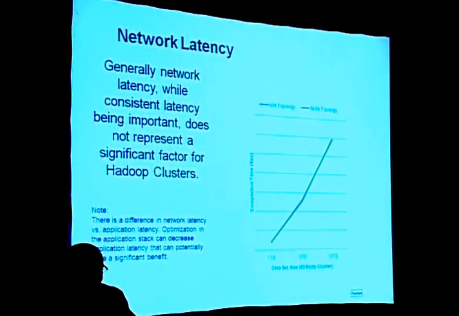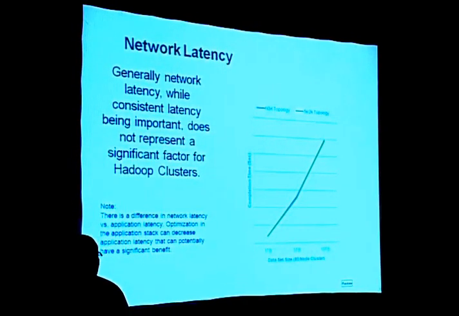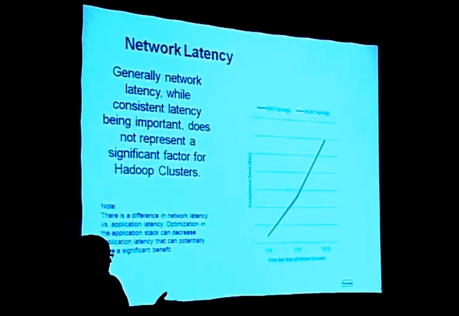Another key point, latency. You application folks do not need to be told how slow Java is. Okay? Compared to that, networking latency is absolutely nothing. All right? Consistently, if you increase the data set size, you will increase the latency, but not that much, right? Because if latency mattered, then my job would have finished faster with a 10 gig network. I cannot share that data with you, because I cannot find a noticeable 30, 40, 50% difference in the job completion time with 10 gig, right?